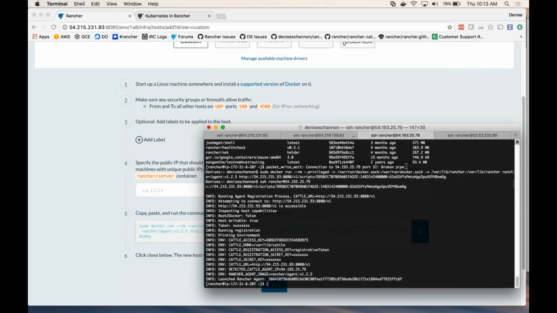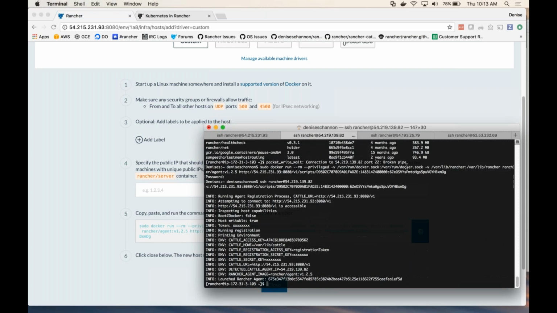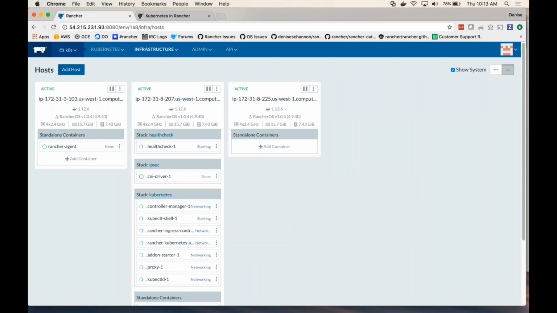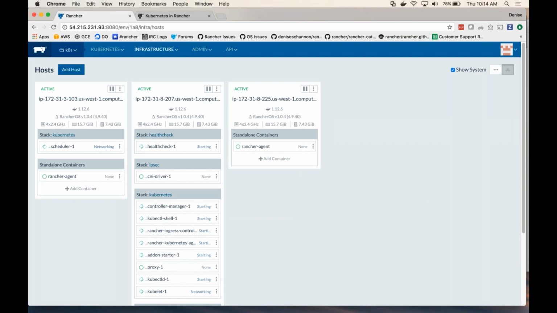Now that I've added it, you can see the Rancher agent container is running, and on these other hosts, other services are going to start spinning up. Here you can see those 3 hosts that I added in. One thing to note about Kubernetes and Docker versions is that Kubernetes only supports up to Docker 1.12.6. So whatever hosts you use, make sure the Docker version you install is 1.12.6,